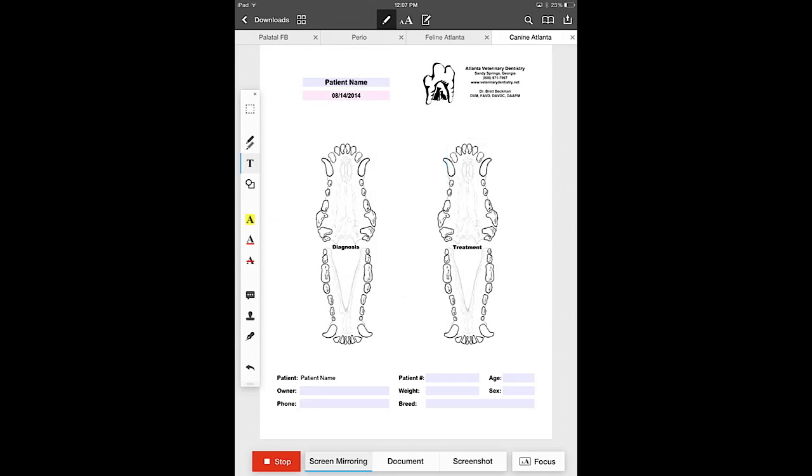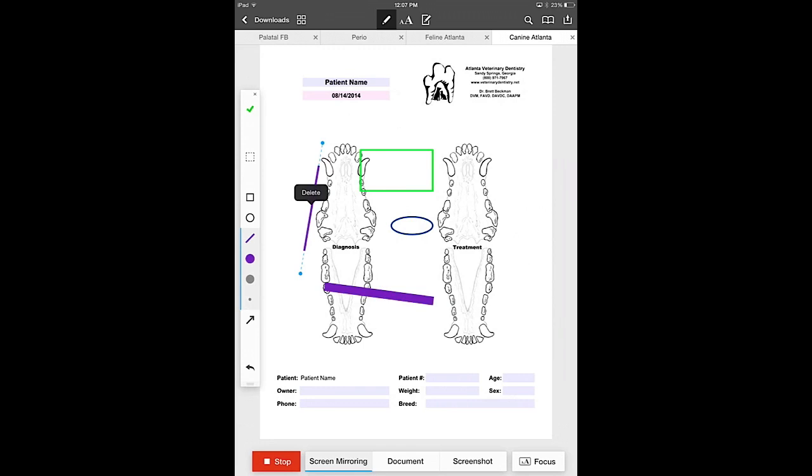So let's delete that. We'll go down to the shapes icon, and we basically have 4 shapes available. We have a square, which can also be a rectangle. We have a circle, which we use to circle teeth, which can also be an oval. We have a straight line, and again, you can change the size on these as you wish to make those bigger or smaller. And you have an arrow icon here. So let's use the arrow icon, and we're going to point that directly at our